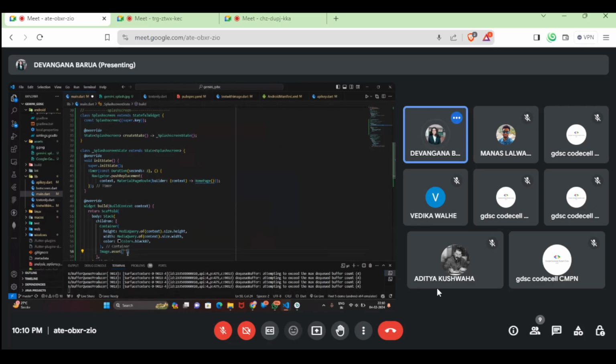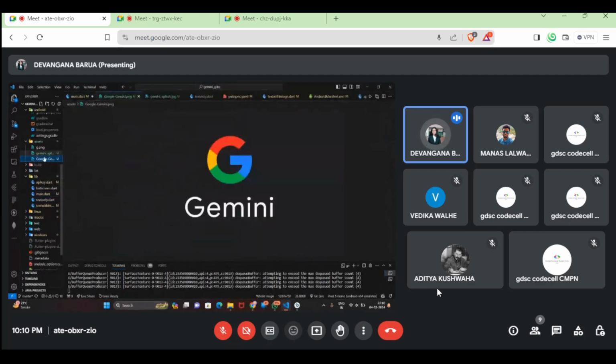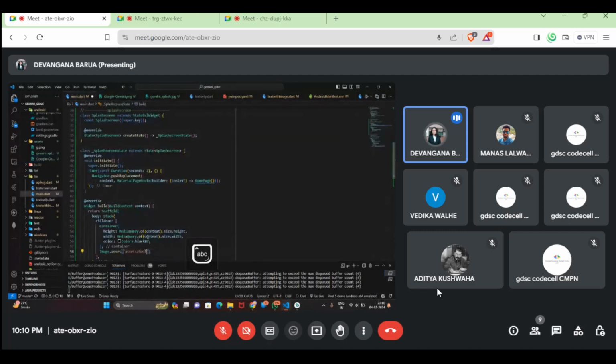Set the assets in my pubspec.yaml. So again today we are going to use it, and here put the path इस image का part. It is in assets and इसका full name is google gemini.png. Okay,